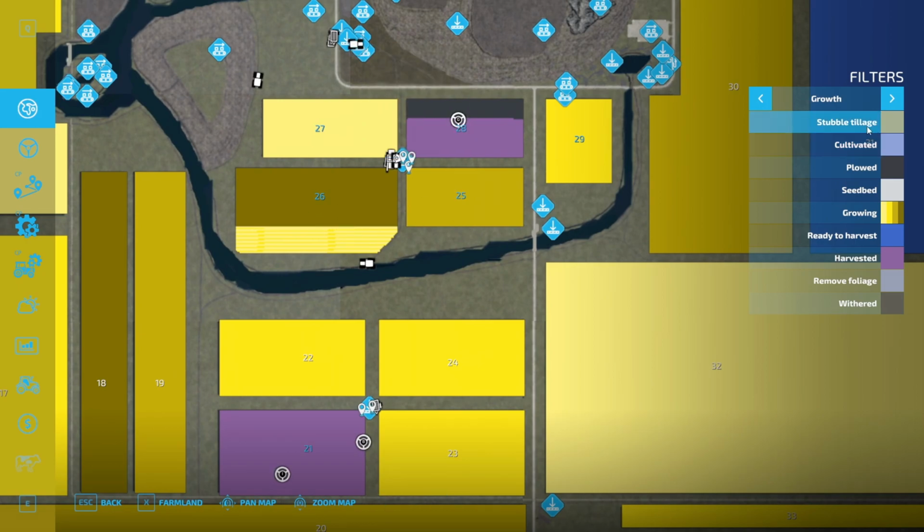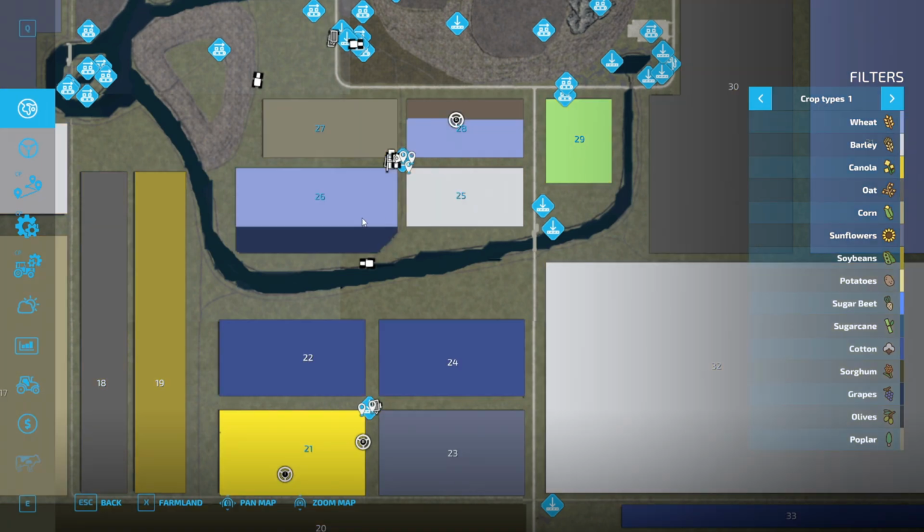26 is the one I mentioned. I think that is barley, right? Let's find out. No, is that another wheat field? Yeah, that's another wheat field. Okay, cool. We didn't plant it. We bought it, I think, as wheat, if I'm not mistaken. Could be wrong. But that's coming up. We'll get a bunch of straw out of that. And that field,